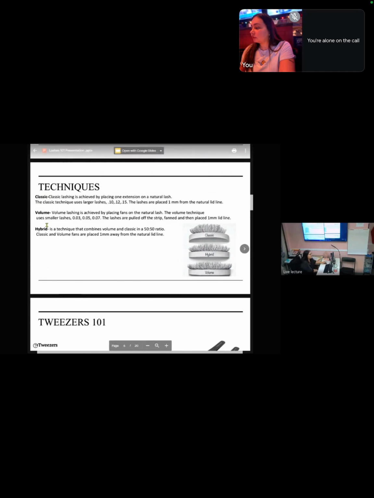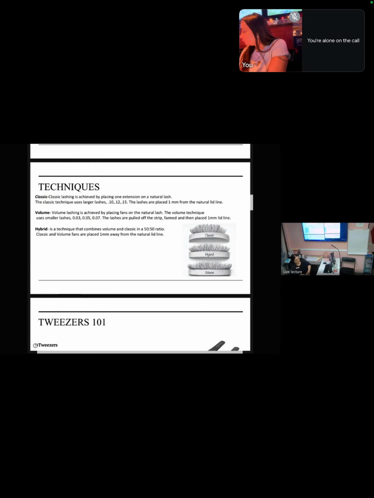Okay? So then your volume lashing means that you are creating fans and you are using smaller diameter lashes. So our lightest lash that we have here on campus is a 0.03. Then we go to 0.05. And then the most common that everyone gets in their kit is a 0.07. So those lashes are pulled off the strip and they are fanned and they are placed 1 millimeter from the